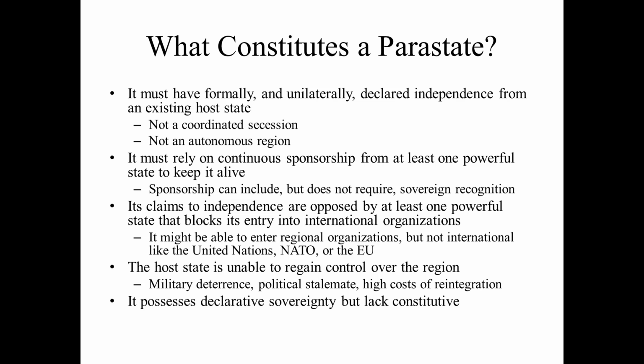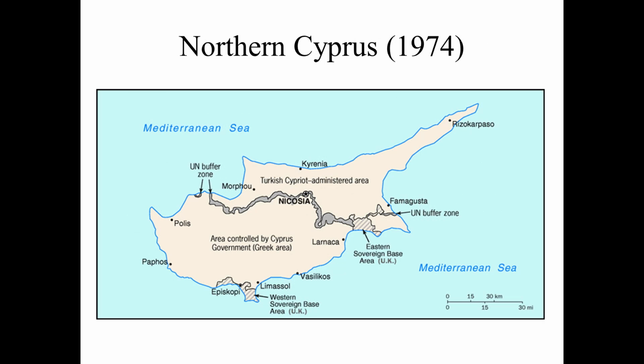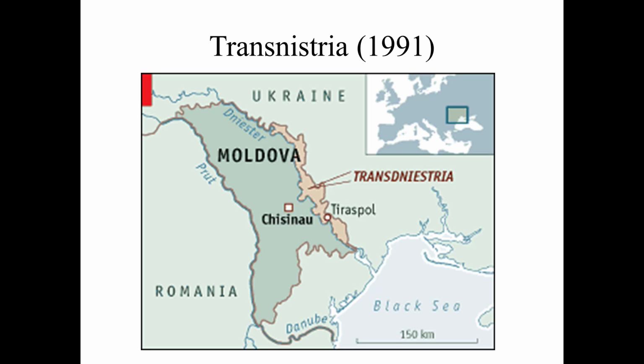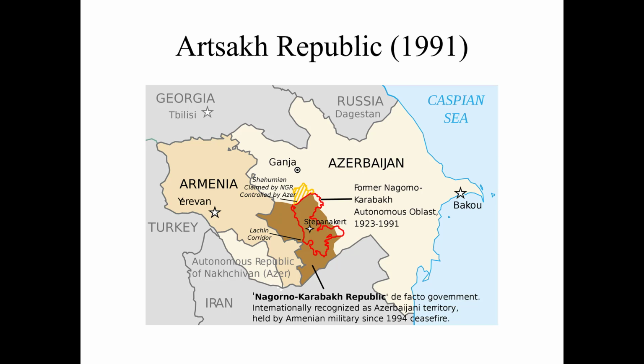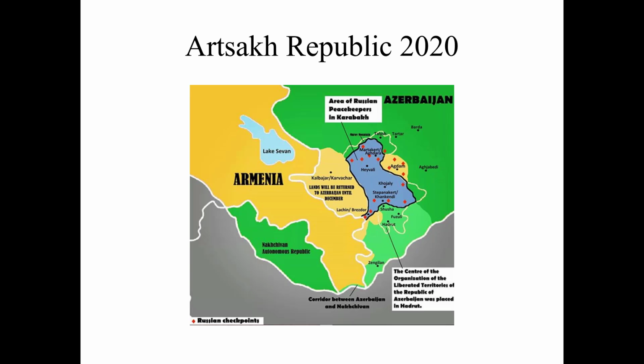This was in their first years of unilateral independence. So we've gone through some of the examples, like Northern Cyprus, which has been a parastate since the 1970s, Transnistria, another little breakaway region from Moldova that has effectively been self-sufficient de facto since 1991. The Artsakh Republic, which up until about a month ago was also one of the most heavily fortified territories, and a frozen conflict that looks like it was going nowhere until about a month ago.